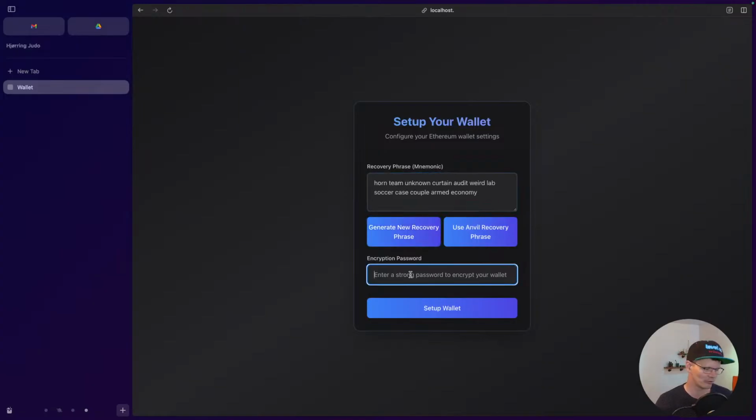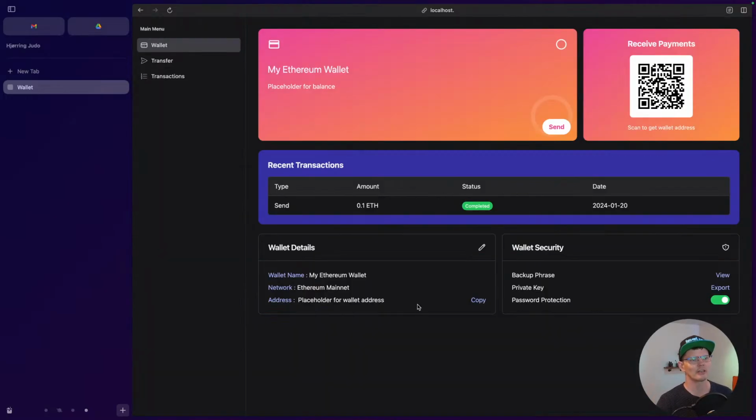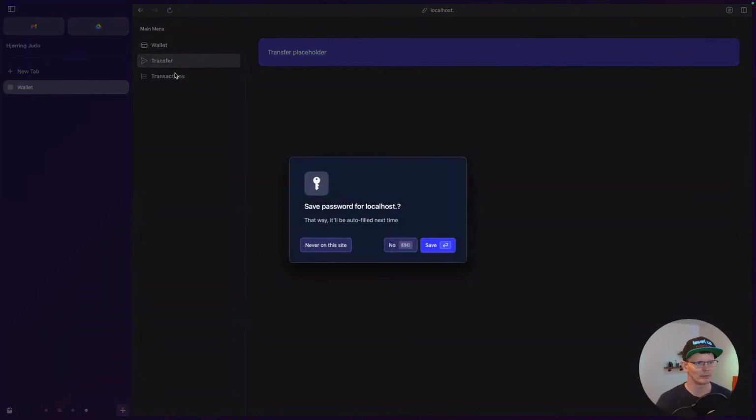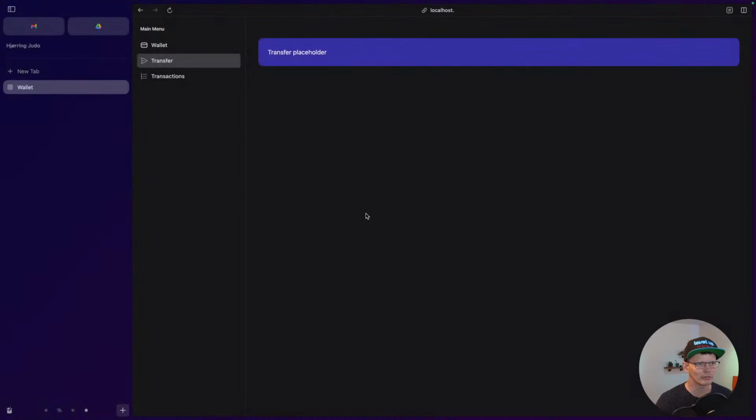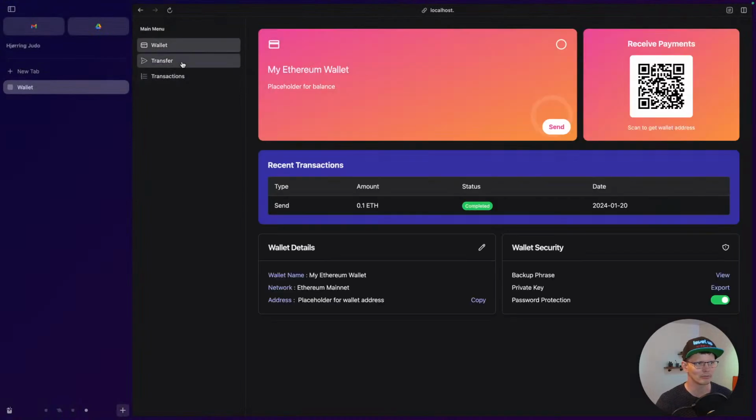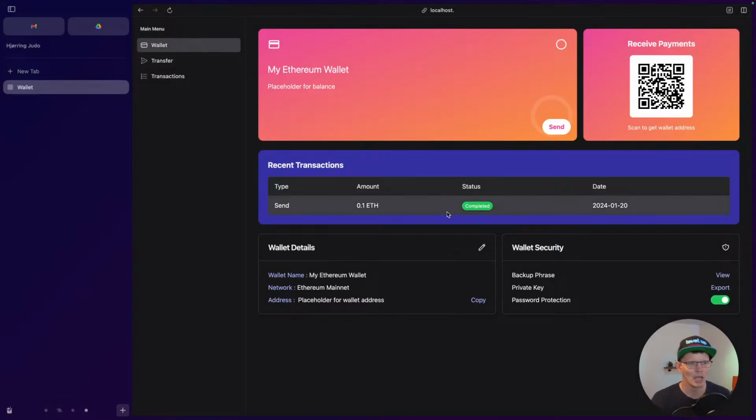But this allows us to set up the wallet and add a password. And what happens in the background is we're generating the wallet, we're encrypting it with our password. Then we're setting the Yewdux state with this. And because we set the Yewdux state, we return back to our wallet application and have all the things available here, right? Wait, why does it want to ask me for password? Oh, that was a bit weird. Anyway,